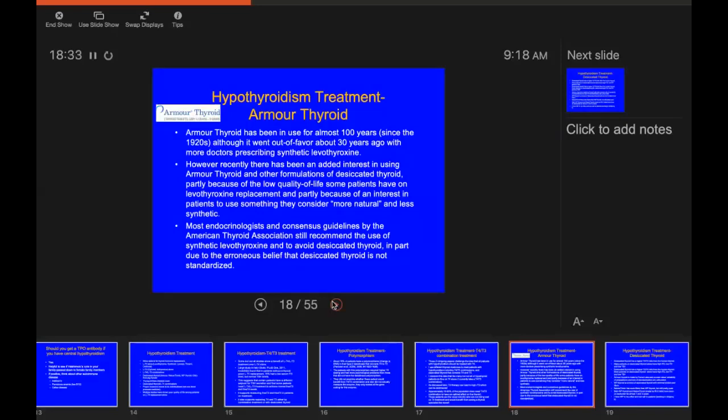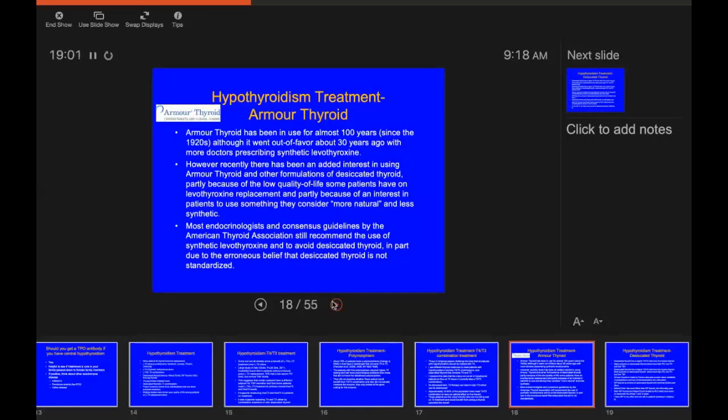Not sure why he didn't get Armour, but sort of around the 60s, doctors started prescribing synthetic ones, Levothyroxine. They were heavily marketed by drug companies. Several editorials came out against desiccated thyroid. Everybody said it wasn't standardized, it wasn't pure enough, which I don't think turned out to be the case. And so the movement shifted to giving synthetics, and now there's an interest in coming back to using desiccated thyroid,